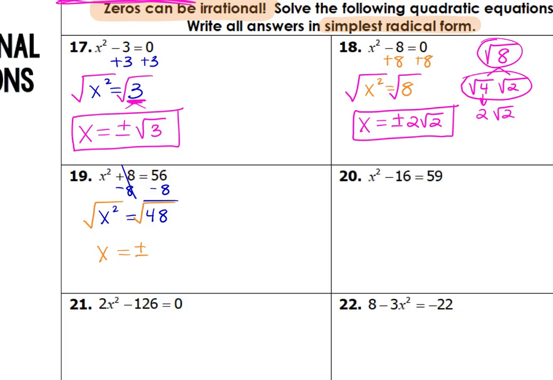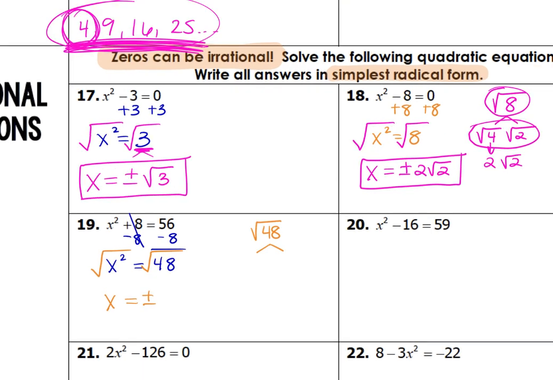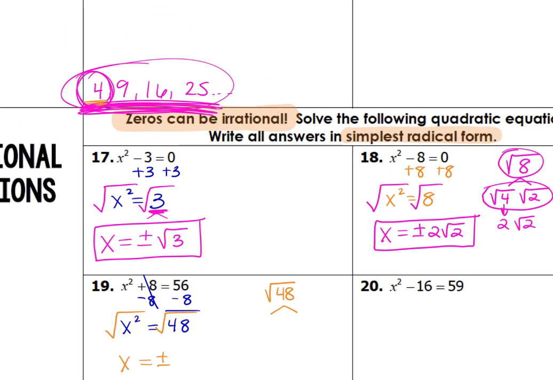Type in the square root of 48 in your calculator. What do you get? A decimal. Okay, so that means we've got to put that square root of 48 into simplest radical form. Now, here's the deal with this one. 48 is divisible by 4, but you don't want that one. You always want the biggest one, right? So you want to start high,